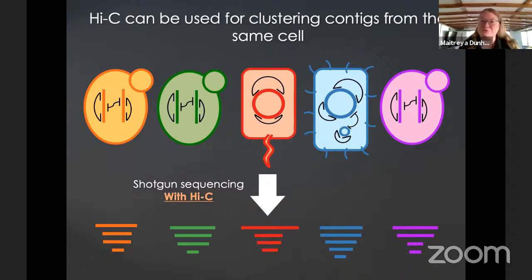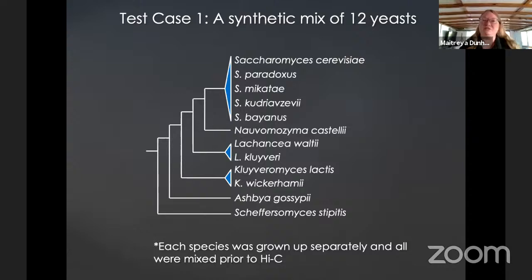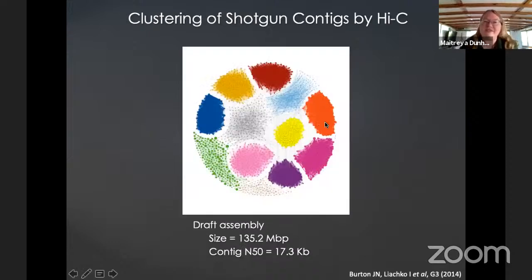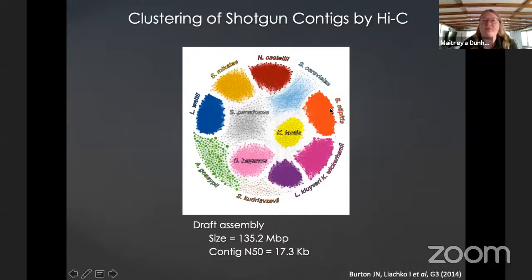And so here's the cartoon version, but what about real data? So what we did was we went into my freezer and we got out all of the yeast strains that had been sequenced, and we made a synthetic community out of things that would never see each other in real life, but that we knew who they were. And we assembled the community and then sequenced it all together like this. And so what you're seeing here is a visualization of the clusters that are created by Hi-C. And then the other nice feature of this is, because Josh had been working on Hi-C for better genome assembly, we're also able to assemble nice little genomes from this as well. And so if we go and look, these are all matching these clusters, the things that we know that we put in there, which was really great to see that it seems to have worked.